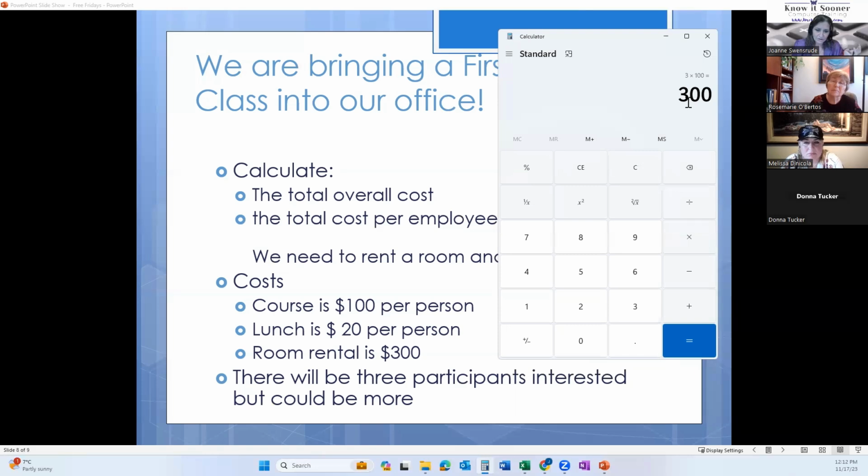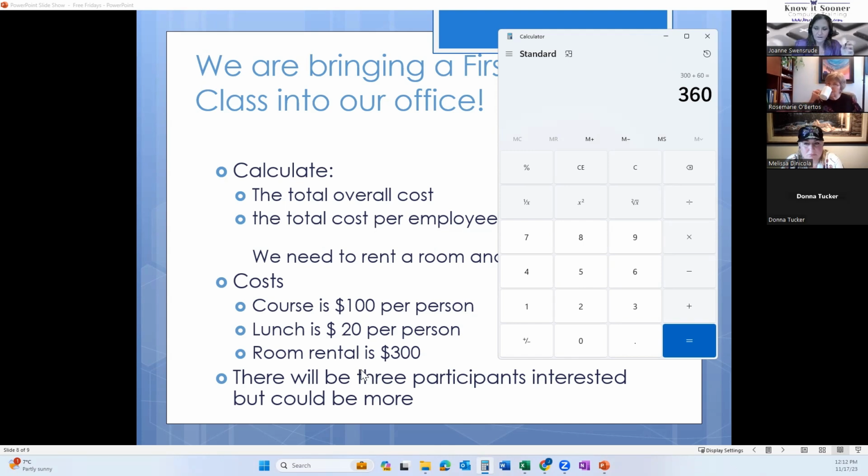So we've got $300. That's how much the tuition cost is going to be. And then it's $20 per person. I'm going to do that one in my head. 20 times 3 is 60. So it'll be the $300 plus the 60, $360. Great, that's what it's going to cost overall. And then we're going to add the room rental.